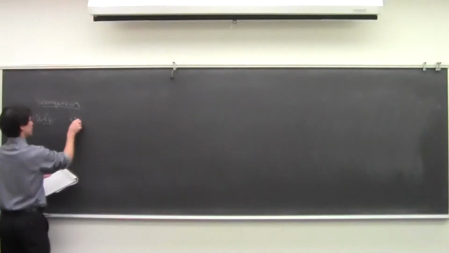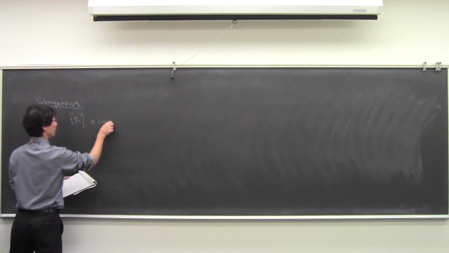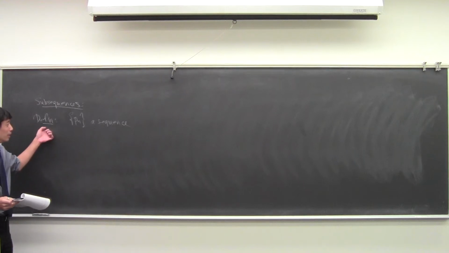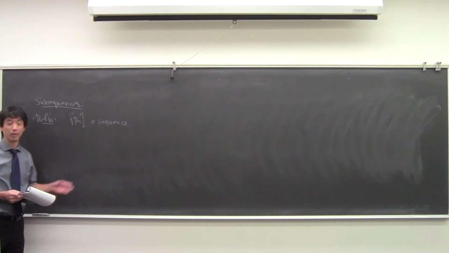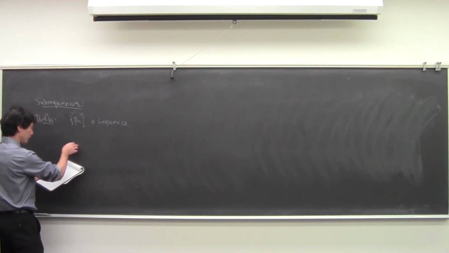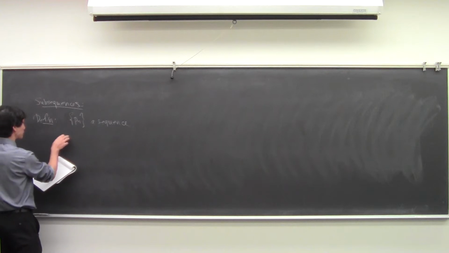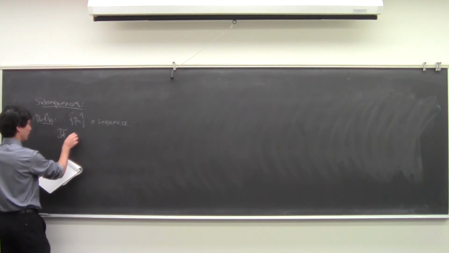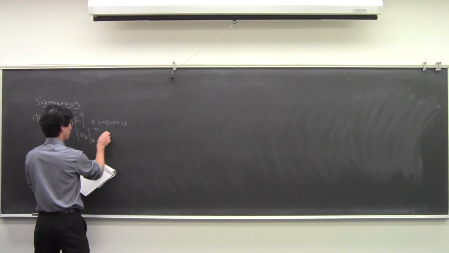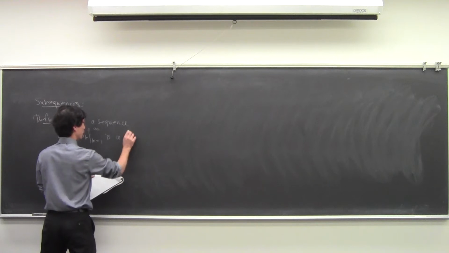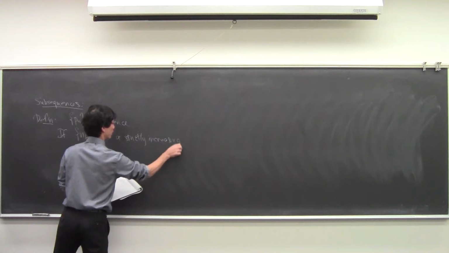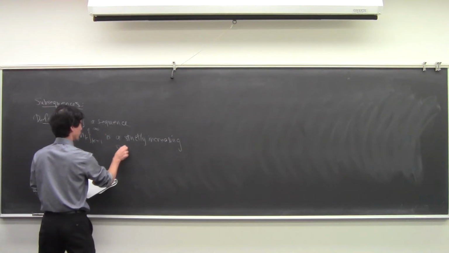You have some sequence, p sub n, right? And then a subsequence is just a selection of elements of that sequence. So the way you write it down formally is if you have n sub k from 1 to infinity, and a strictly increasing sequence